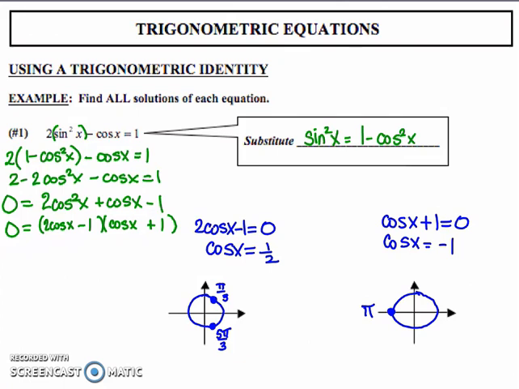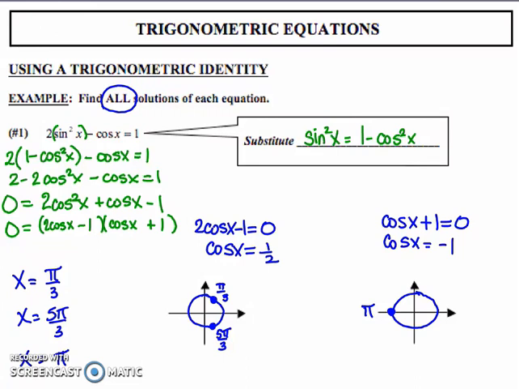Those 3 answers are going to be x equals pi over 3, x equals 5 pi over 3, and x equals pi. Now, because the problem said to find all solutions of each equation, that means that we have to account for the fact that we can keep going around the unit circle over and over again. So every time we go around the unit circle, we're going to get another solution at each of these